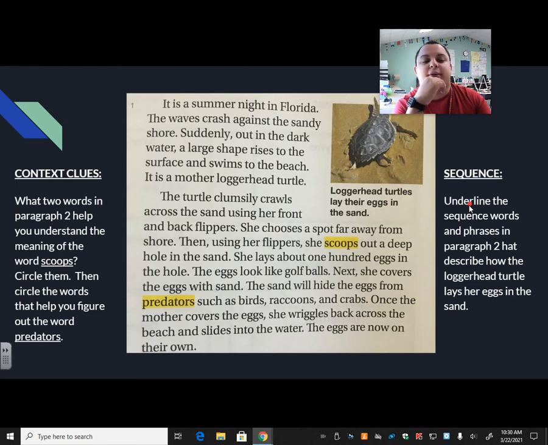Next, we have our sequence words. It says underline the sequence words and phrases in paragraph 2 that describe how the loggerhead turtle lays her eggs in the sand. Well, if we look,